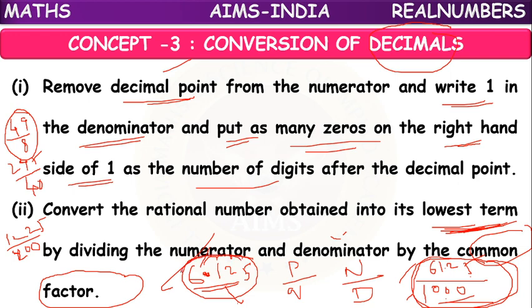For the given decimal number, we actually got the answer 6125 by 1000. But if it is a multiple choice question, suppose you don't have that option. Why? Because they have taken the answer in lowest possible terms. So we have to divide by the common factor, and 49 by 8 is the answer. In this way, we can convert a terminating decimal into a rational number.